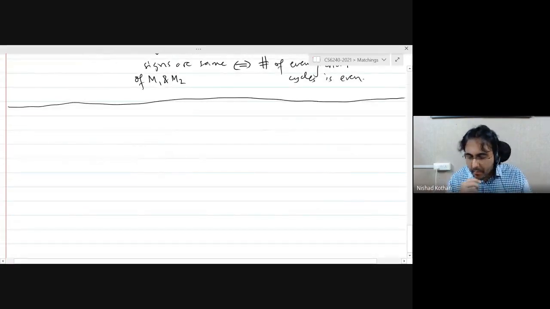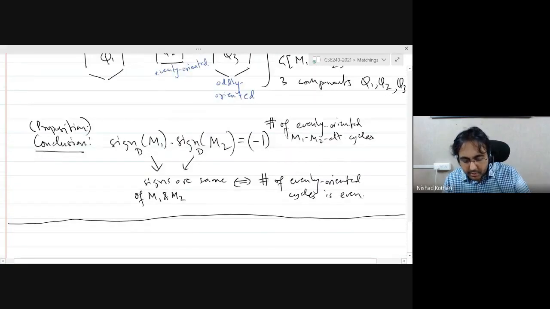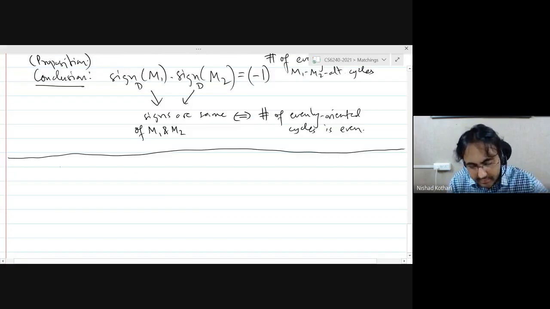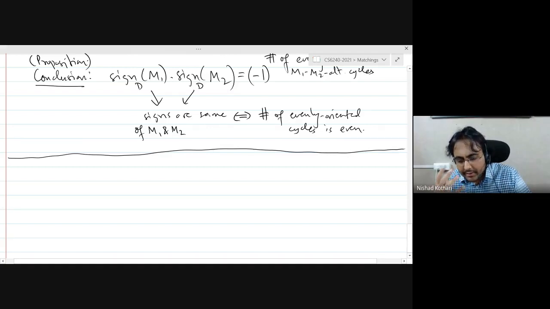So now I want to use this observation to get an equivalent definition of Pfaffian orientations. Okay, there is one last ingredient we need. What I want to do next is get a better understanding of these alternating cycles, right? Right now, what we are doing is we are taking two perfect matchings and we are looking at their symmetric difference. I want to get an understanding of these alternating cycles which does not depend on perfect matchings. It's somehow more direct.